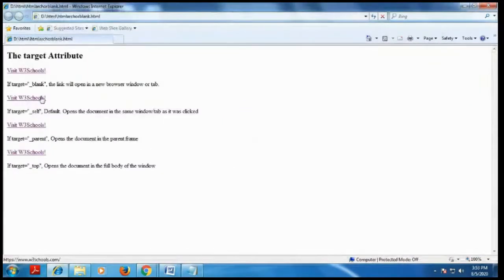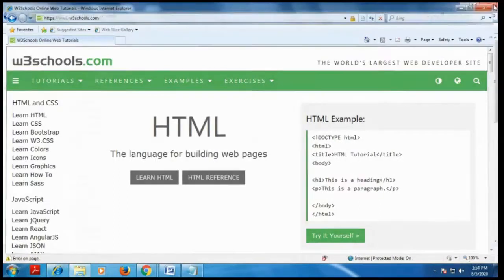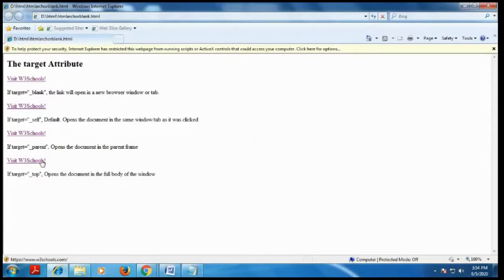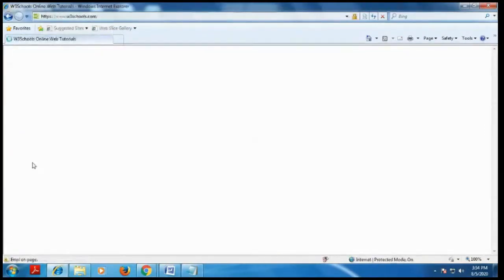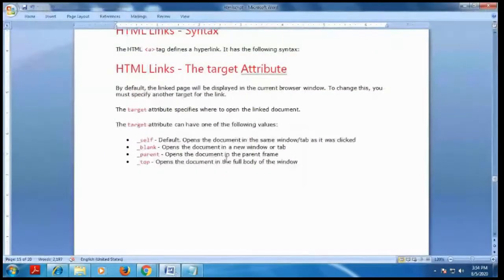This is the blank. Next, I use self. Next is the top. I click this, and the top window is open. Here, just see, it's a blank. The document opens in a new window.